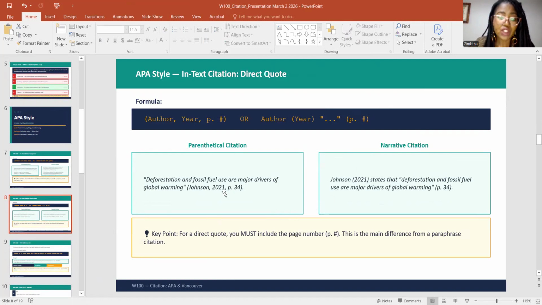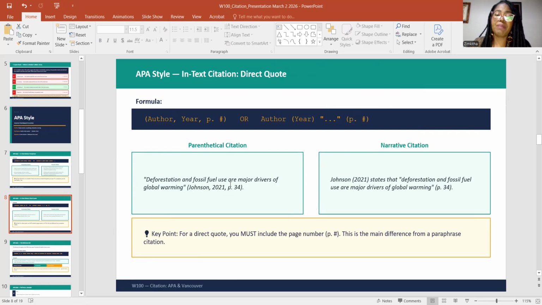So you have open quote, deforestation and fossil fuels use are major drivers of global warming, close quote, open parentheses, Johnson, comma, 2021, comma, p. 34, close parentheses, and full stop again.